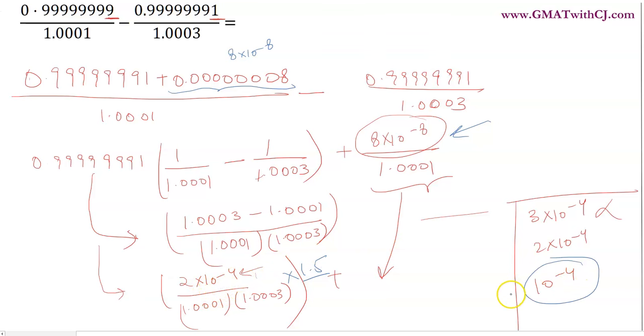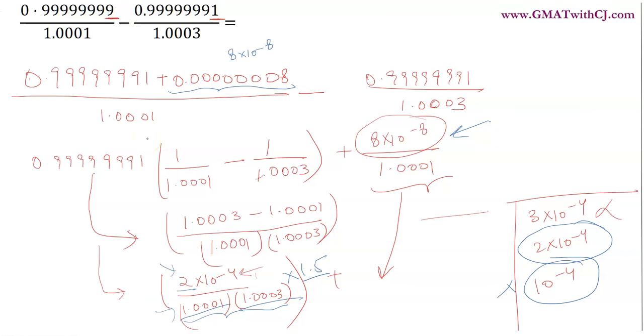And then we look at 10 raised to power minus 4. So now in this case, for our number to be 10 raised to minus 4, we need to divide it by 2 so that this 2 can cancel out, but there is no 2 here. This multiplication is going to give me a number very close to 1. So I know that this also cannot be the answer. So the only answer that is left is 2 into 10 raised to minus 4, and I know that my number is going to be very, very close to 2 into 10 raised to minus 4. Make sense? So this is another way we can solve this question.